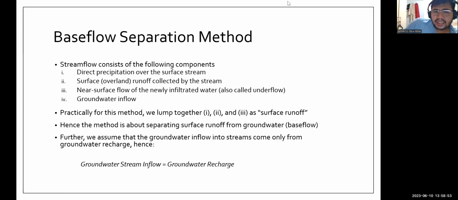Another method is the base flow separation method. This comes from the premise that stream flow is actually a mixture of different components. Basically, when you have a stream or a river, it essentially will consist of, one, your direct precipitation, so basically all the raindrops that are falling on that river. You also have your runoff collected from the stream, or basically the